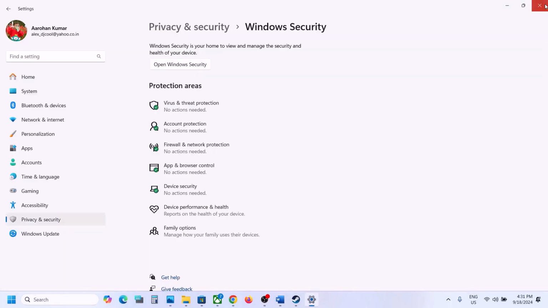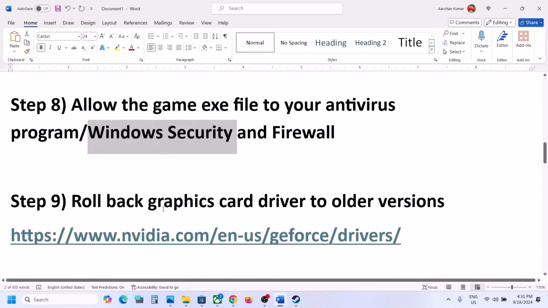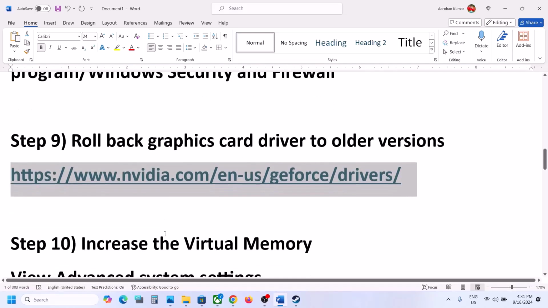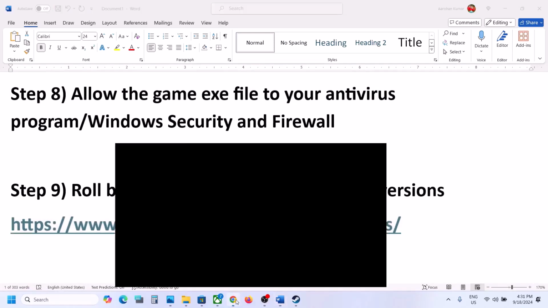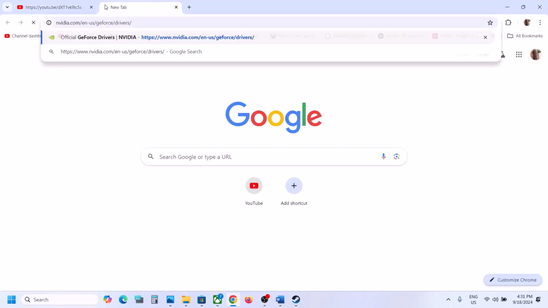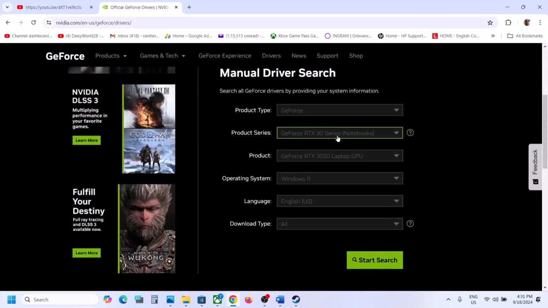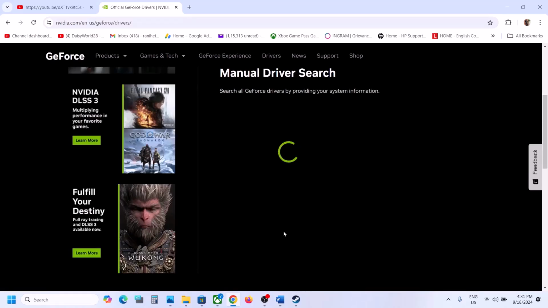Now the next step is to roll back graphics card driver to the older version. So if you have NVIDIA card, go to NVIDIA website, and now select your graphic card from the list. Make sure that you select your graphic card and the right operating system, and then click on start search, and then scroll down,